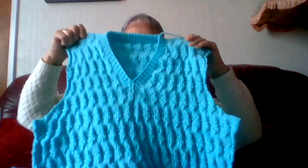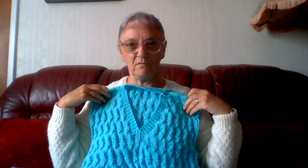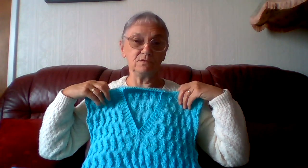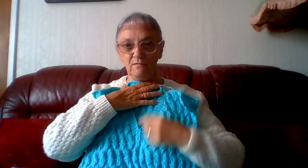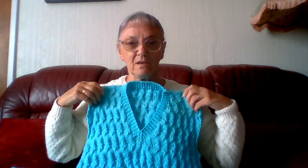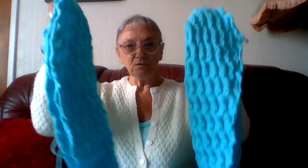I've actually finished knitting. Put the neck on. It's a V-neck, this is not a round neck. I haven't made the V-neck right down, because you want to be able to wear it really without anything underneath, without a t-shirt or anything, possibly. So I haven't made the V go too far down. So I'm getting that done, and the sleeves. So I can now sew it up